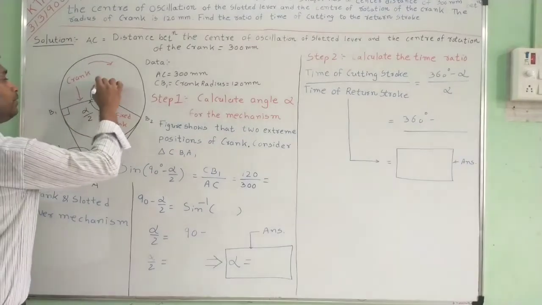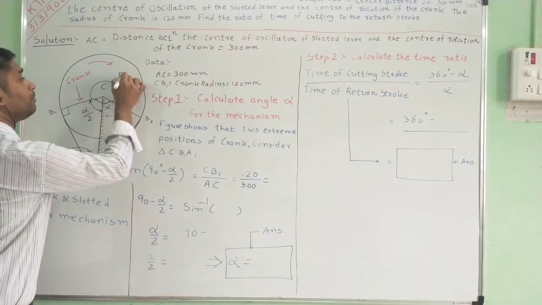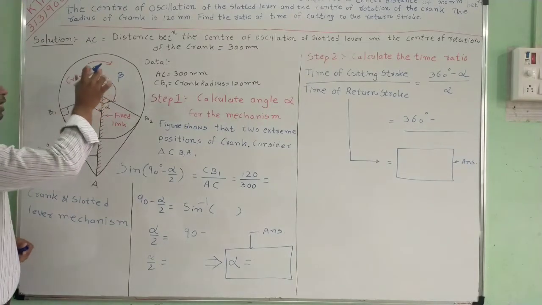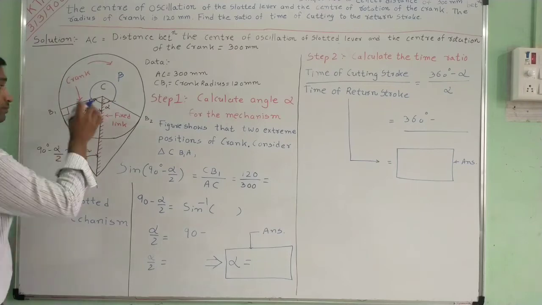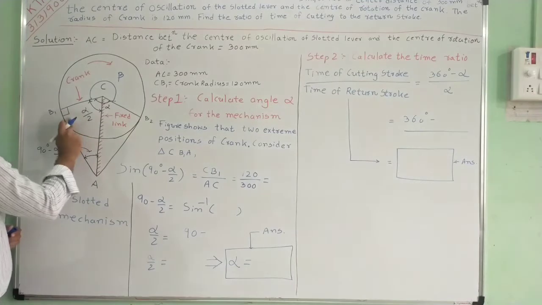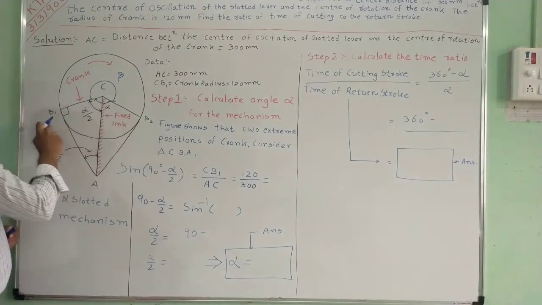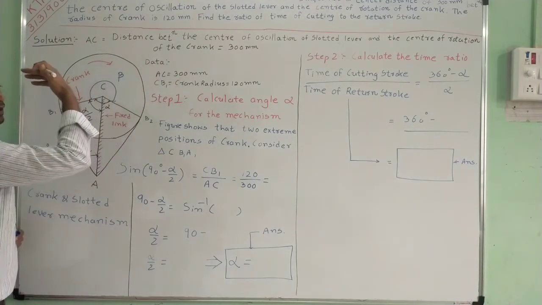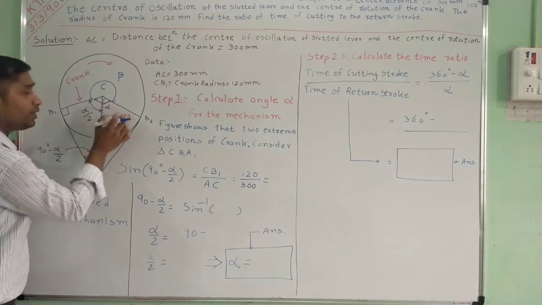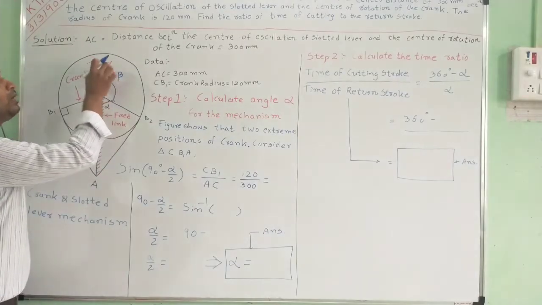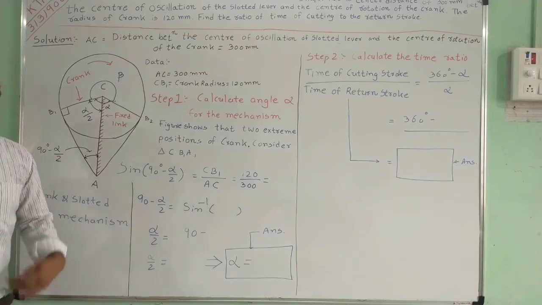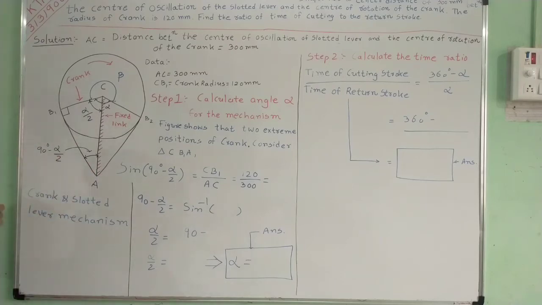This angle is known as beta. It means it takes more time for the cutting stroke. Now when your crank moves from CB2 to CB1, your tool moves in the return direction. It means it performs a return stroke. Here, the time of the return stroke is much less than the forward cutting stroke. That's why the name is quick return motion mechanism. So now we start the example.